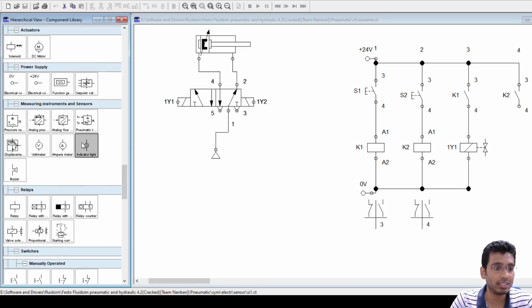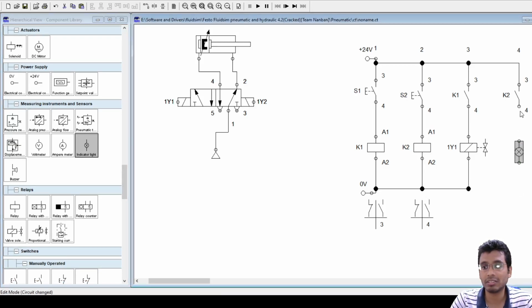Now tell me, will this be an input or an output? This lamp will be an output. Why? Because ultimately, with all the different input elements and output elements, you are actually triggering this. Fine. So this is an output.